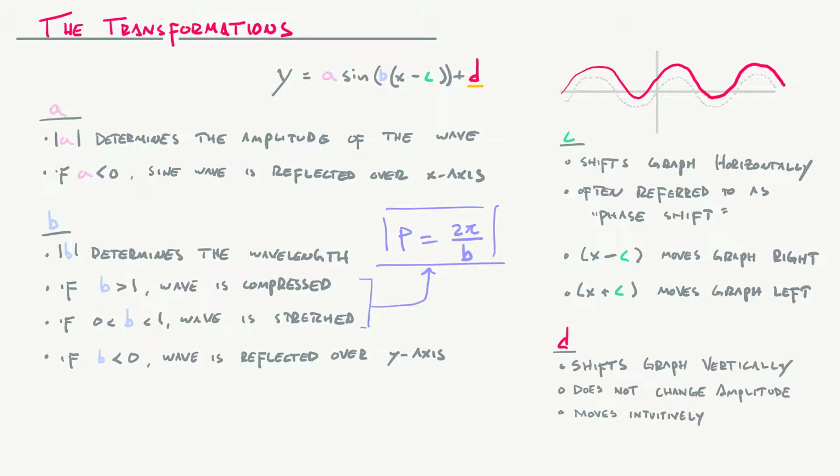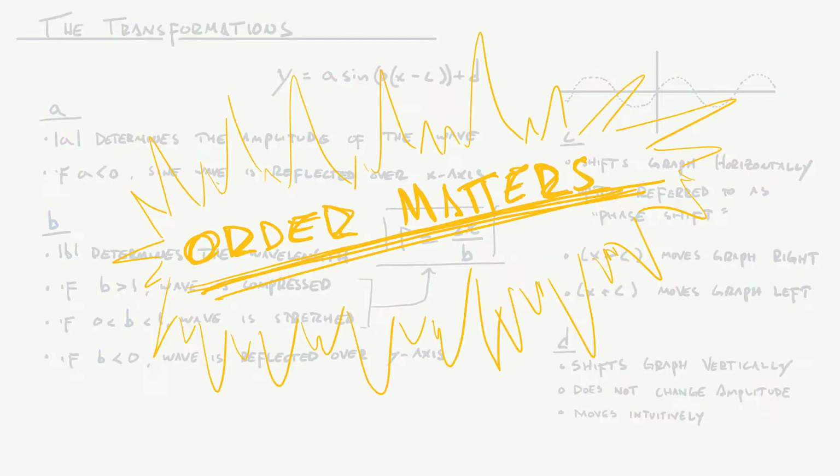And then finally, D is the vertical shift. It does what you'd think it would, shifts it up or down. If it's addition, it's up. If it's subtraction, it's down. The key thing to remember here is that it does not change the amplitude. It just shifts the line of equilibrium. And that's it. Now, just as there's an order of operations, there is an order of transformations, so the order